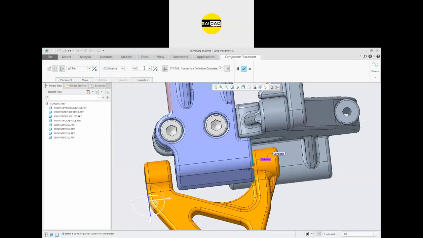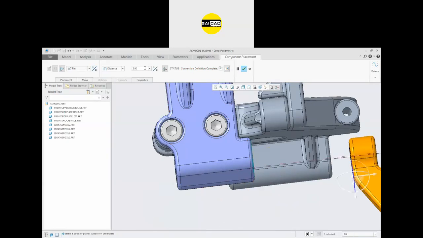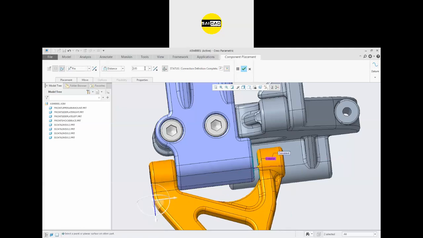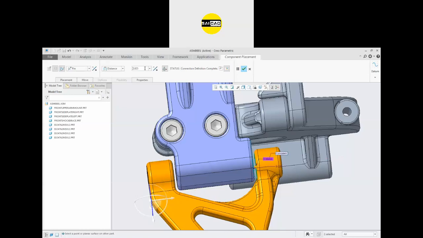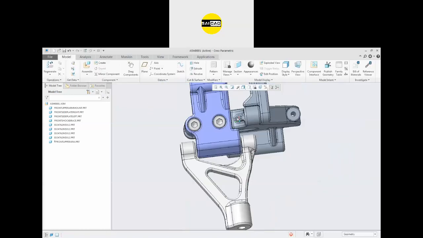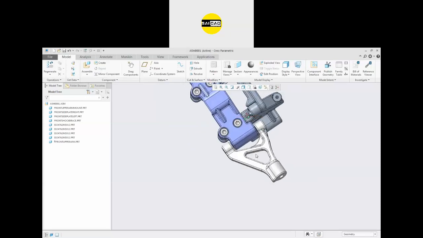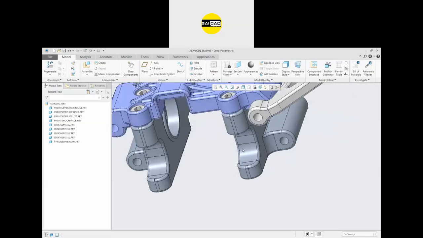So the distance will be... okay. So we'll have to select the plane that will concentrate it properly in this one.